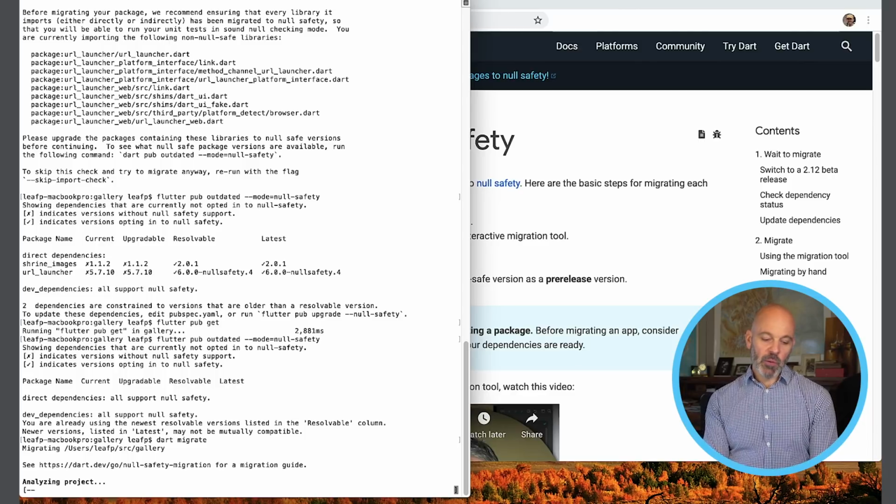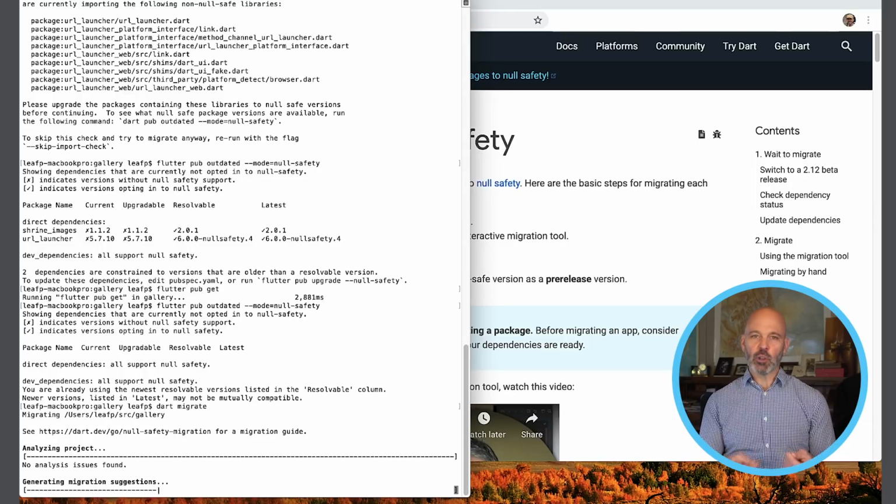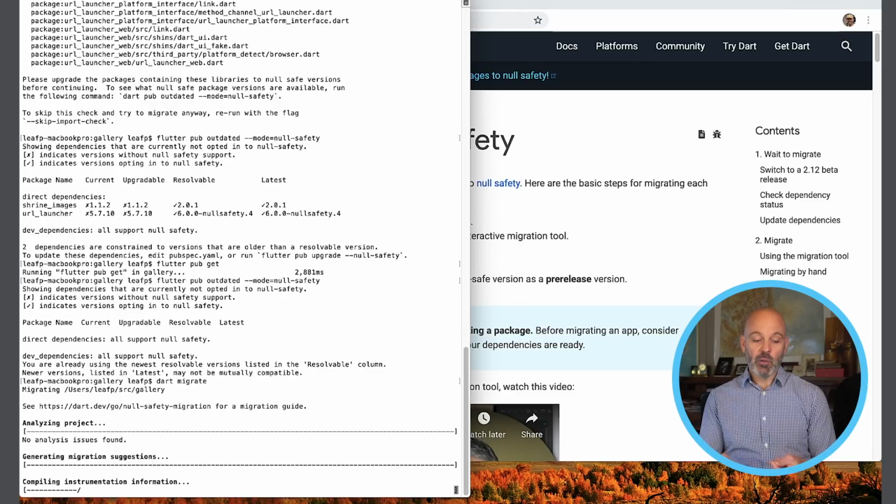Okay, so this is going off and doing some analysis. So what is it going to do? The first thing I'm going to tell you is what it's not going to do: it's not going to change the code that we have on our disk. The migration tool is designed to make essentially its own virtual copy of your code, pretend to migrate it, and then give us a preview of what it will do once we choose to apply the migration. This allows us to look at the choices that it's making and possibly reconsider if we want to accept those choices directly or do something to change what choices it's making. And we'll get into that in a little more detail in a minute.